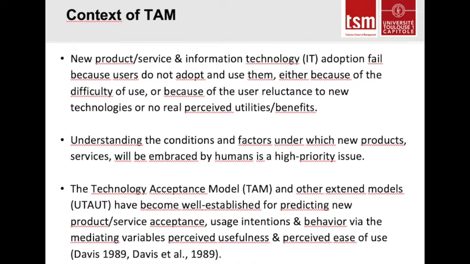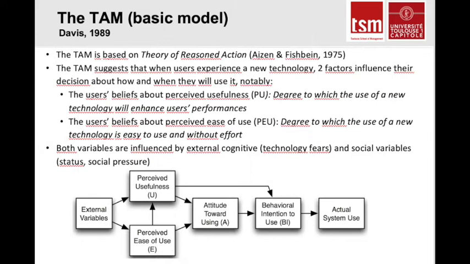Thus, understanding the conditions and factors under which new tech products and services will be embraced by humans is a high priority issue. The technology acceptance models and other extended models have become well established for predicting new product service acceptance, usage intentions, behavior via mediating variables such as perceived usefulness, perceived ease of use. So let's start with the basic TAM model, the technology acceptance model, which is based on the theory of reasoned action. This theory suggests that when users experience a new technology, two factors influence their decision about how and when